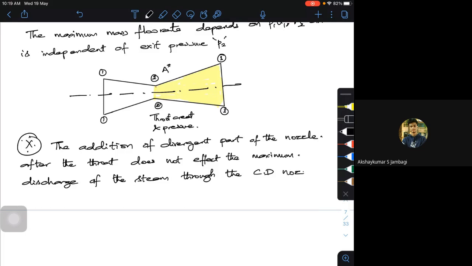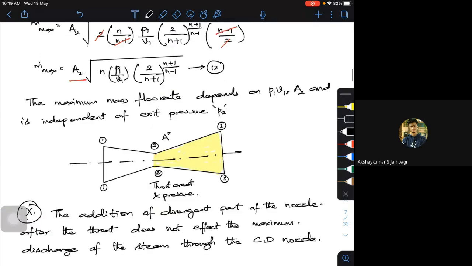That means whether you have a converging nozzle or a converging-diverging nozzle, your throat area becomes critical. The throat area is very, very critical. It is not the exit area, it is the throat area. So inlet pressure, inlet specific volume, and how you are expanding, what type of steam it is, whether dry saturated steam or superheated steam, based upon that I am going to have the n value and then your critical area, that is your throat area. These are the parameters. Now you have this value of P2 by P1, which is equal to 2 by n plus 1 whole to the power of n by n minus 1.